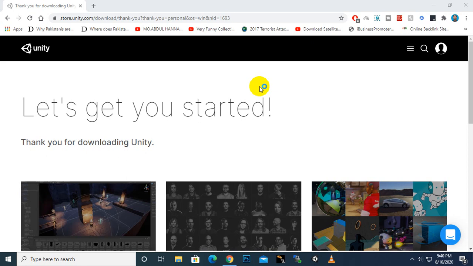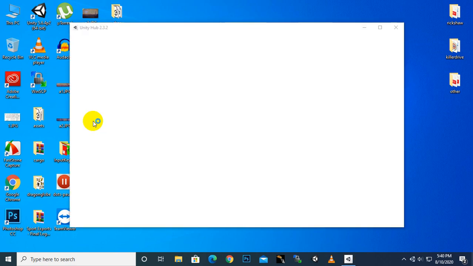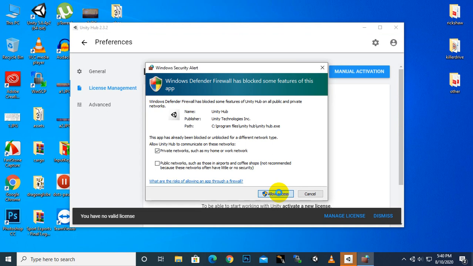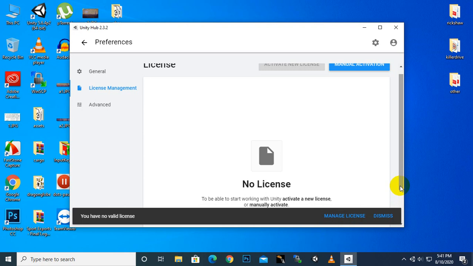So that's great. Now we can close this browser. We don't need this browser anymore. The Unity Hub icon is also here, so we can access the Unity Hub from here as well. So now you can see that we have this window, and we can manage our licenses. Okay, so first of all,